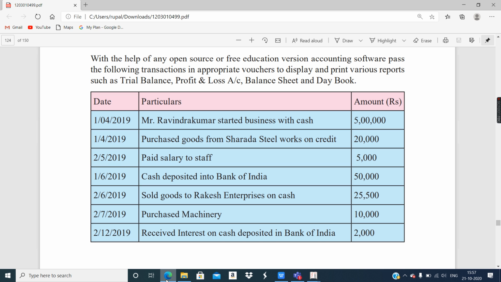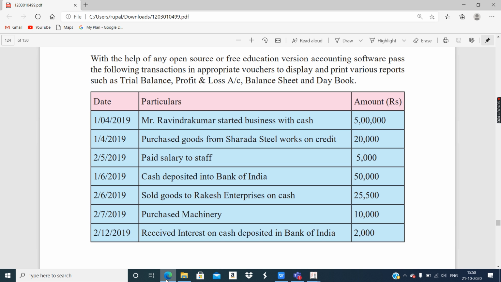Now who has to pay money? Rakesh Enterprise will pay to us on cash. That means Rakesh Enterprise is going to pay us 25,500, and that cash, where will it go? It will go in the cash account of Bitwise Trading Company. So two parties here, Rakesh Enterprise and cash.